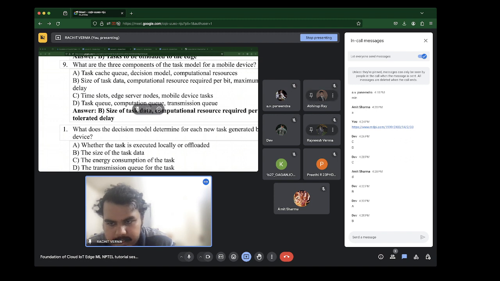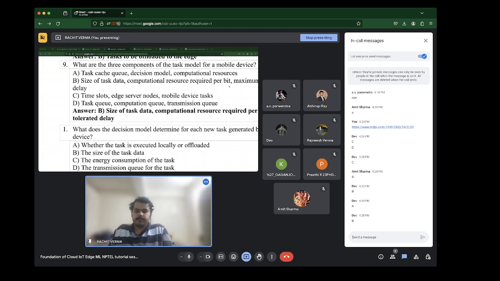Is it A, whether the task is executed locally or offloaded, B, the size of the task data, C, the energy consumption, or D, the transmission queue of the task? Any responses?